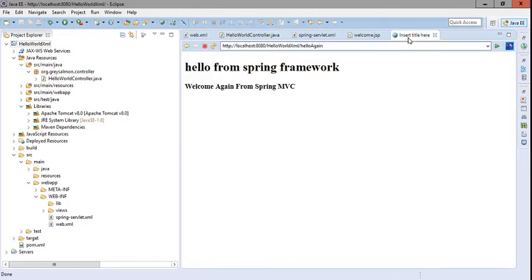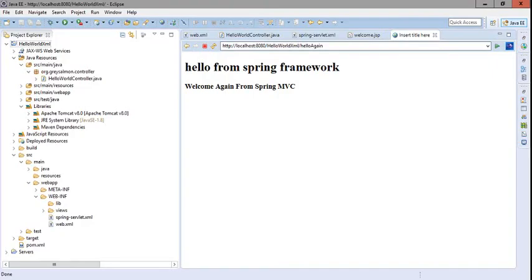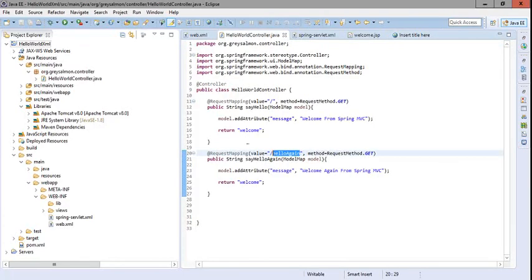So this was the complete configuration of all the components which are used in the Spring Framework, and generally in all applications these are the only components which are used. We can extend these components by adding the service layer and the DAO layers, but apart from these, what are the important points which need to be discussed? Like if we are creating a form, then the parameters of the form should be collected into the controller, and some validations, how to perform the validations within the Spring MVC framework. So all this we will cover in the next tutorial.